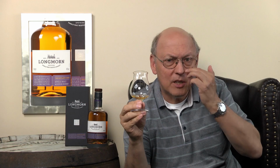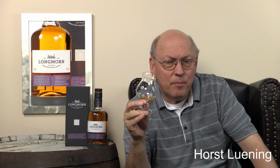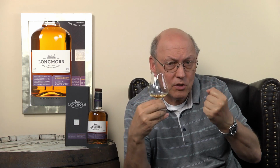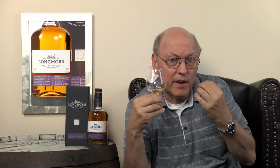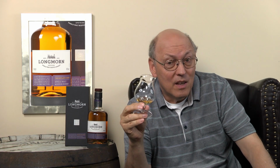Spicy and ginger. Yeah, really good. And, well, some milk chocolate in the back, and the aroma is quite smooth. The taste is strong and impact, but the intense flavors vanish quite fast, and there's a wonderful warm aftertaste. So this is a good one, even without an age statement. If it's worth those 70 euros,